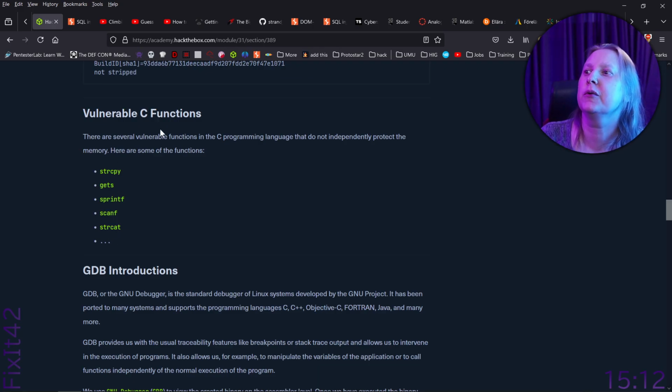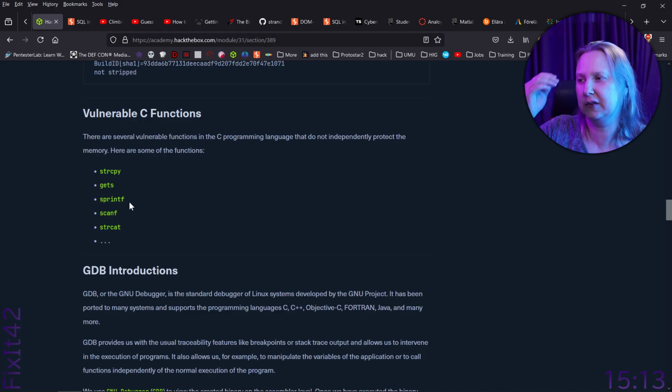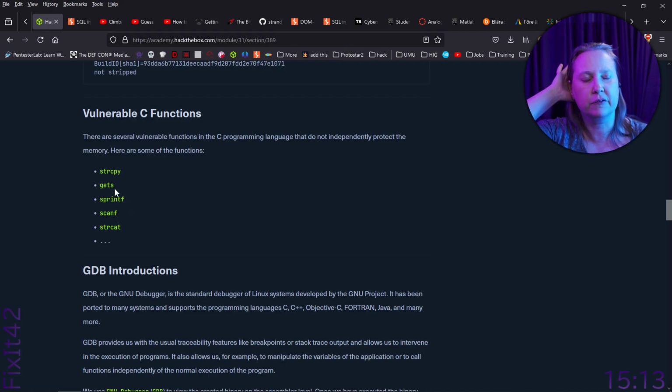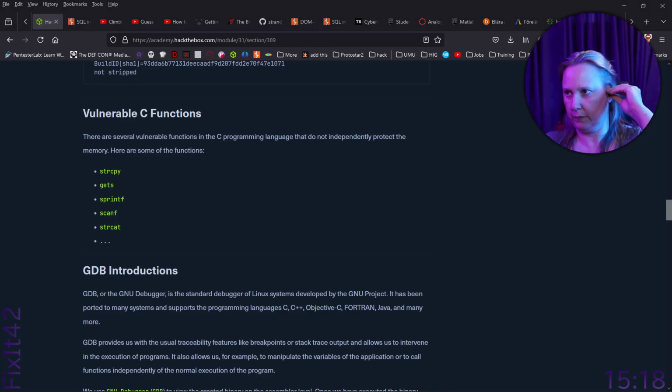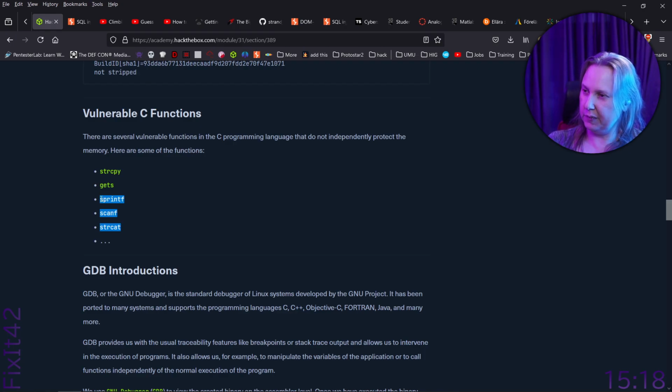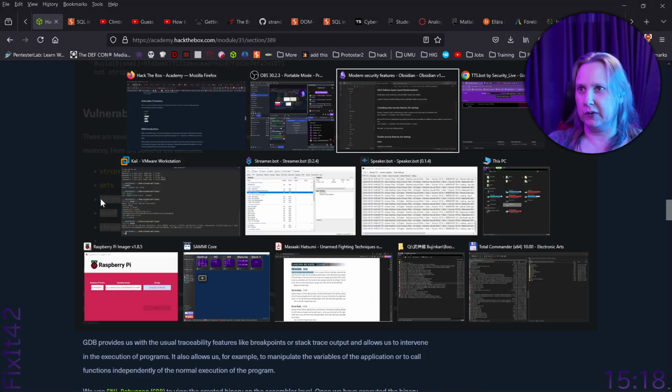There are several vulnerable functions in C program libraries that do not independently protect the memory. Here are a few functions. Actually, when I use this back in the day, I prefer to read one character at a time, so you have control instead of doing that. So I didn't like them. So we're going to add the rest. So sprintf, scanf, and strcat. Let's copy these and let's add them to the list